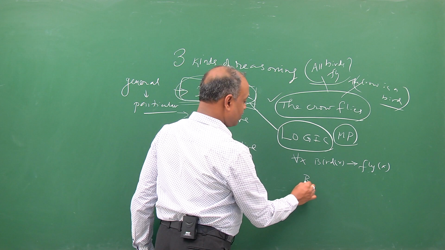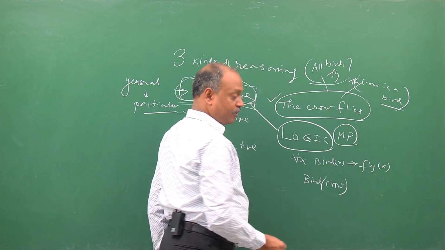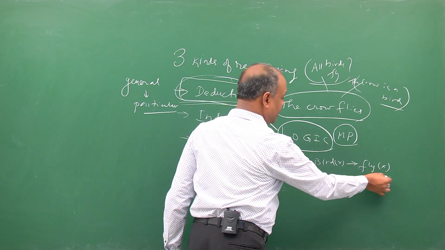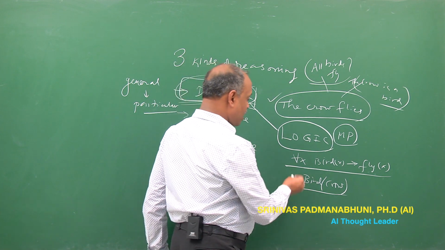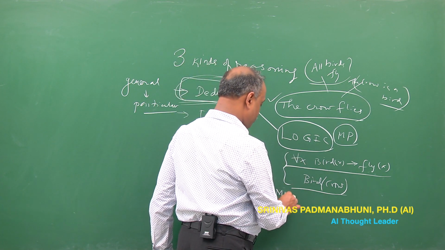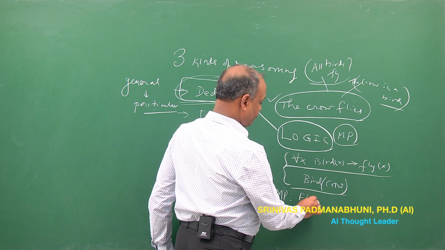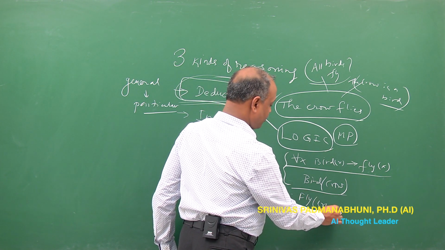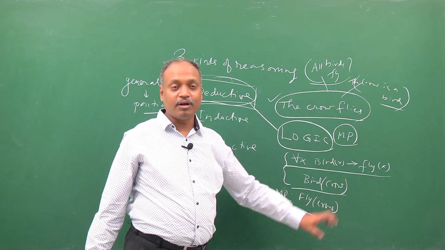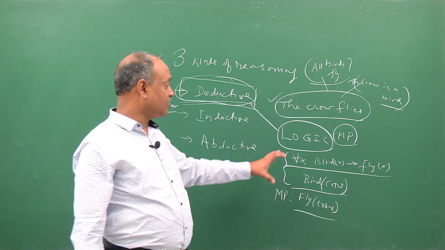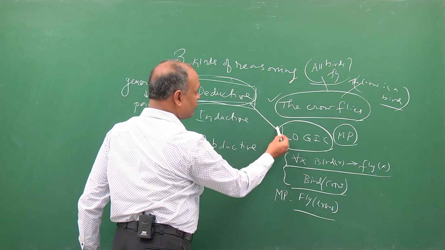Then you say that crow is a bird. So now you have one law saying all birds fly, and one instance saying that crow is a bird. Based on this, by applying modus ponens, you derive fly of crow. This is a new fact you derive by applying the rule on existing facts which are universal laws. That is what deductive reasoning always uses: some form of logic.